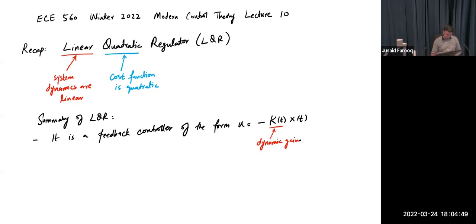So this LQR controller, again assuming perfect state information, is of the form u equals minus K of t x of t, but with the added constraint that it has to minimize the cost function